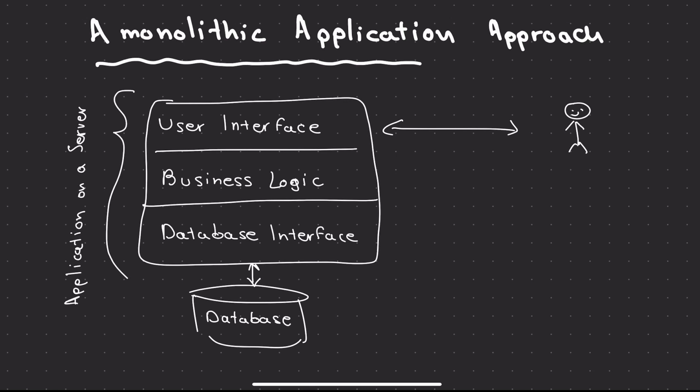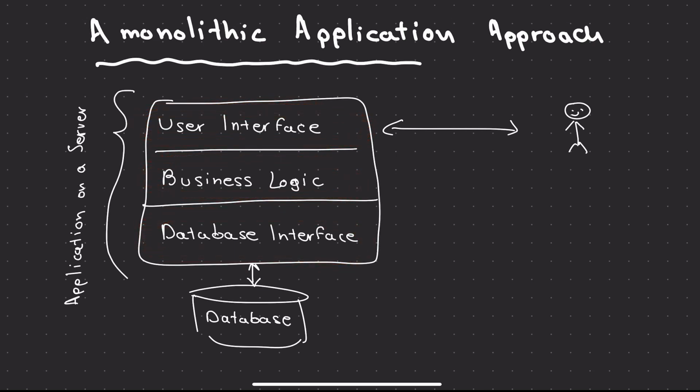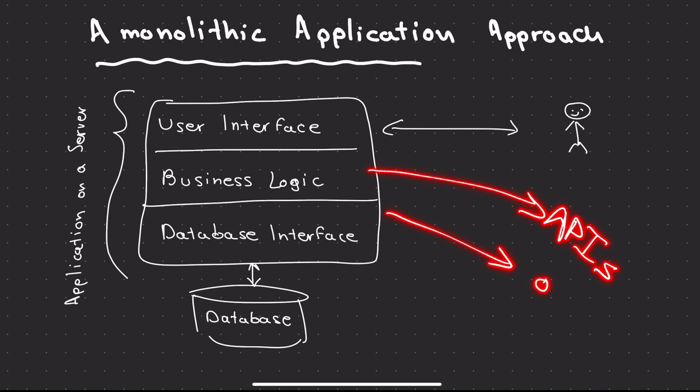A monolithic application is a single piece of code, a single code base that includes the user interface layer, the business logic layer, and the database interface layer. You use the user interface layer to get data from the user and forward it to the business logic part, which might call some other APIs or get some data from the outside world